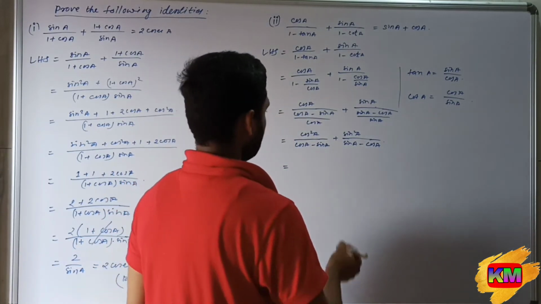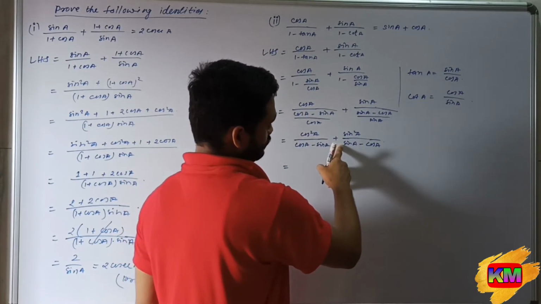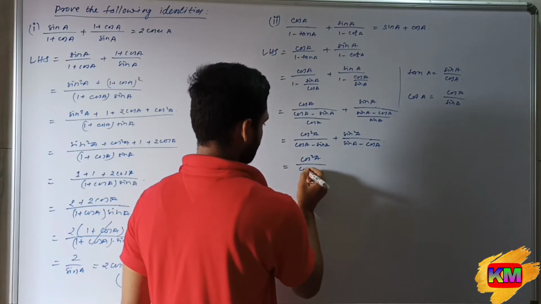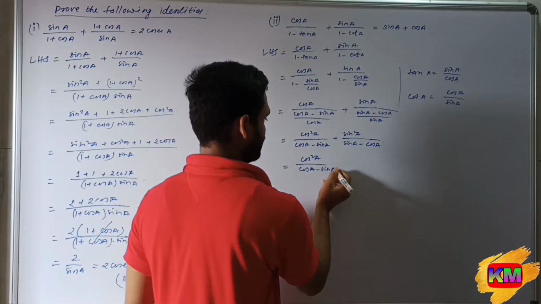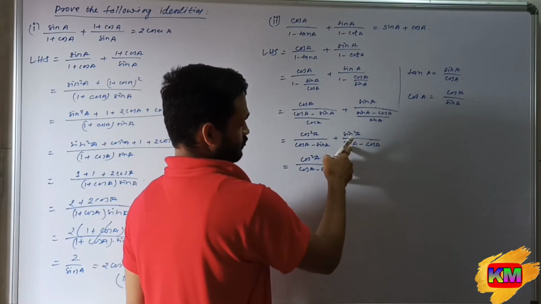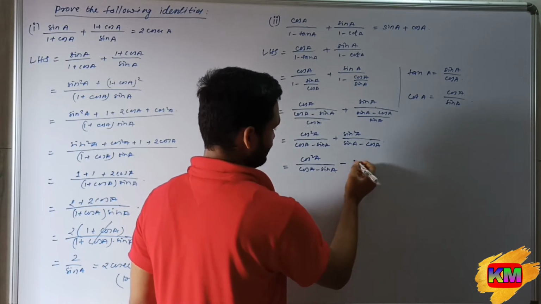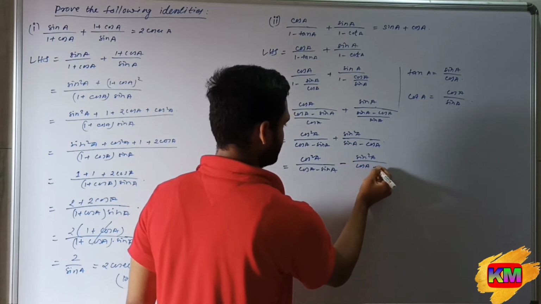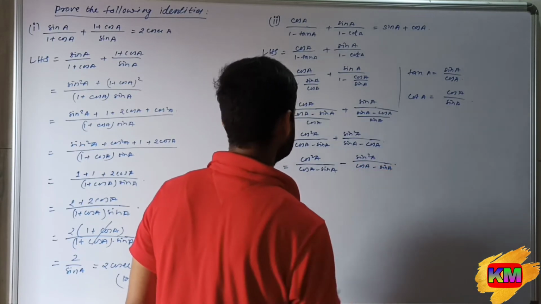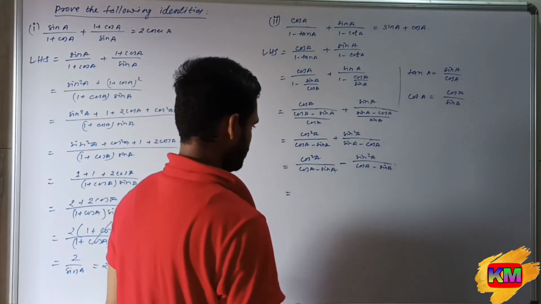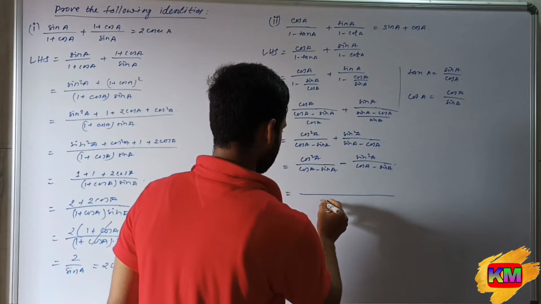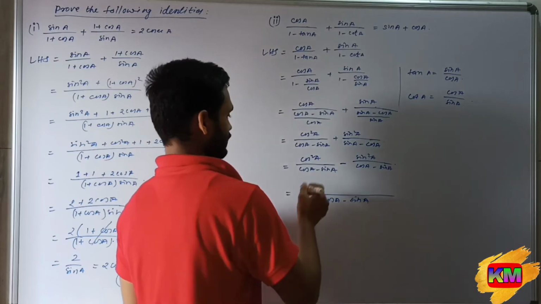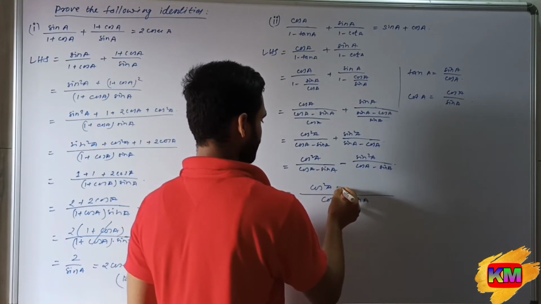So now we take minus 1 from this term, and we will get the same cos A minus sin A. If we take minus 1 from here, then we will get a negative sign here, and sin square A upon this will be changed to cos A minus sin A, which is equal to, when we take the LCM, cos A minus sin A, and in the numerator we will get cos square A minus sin square A.